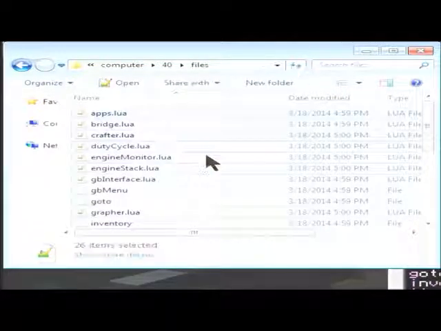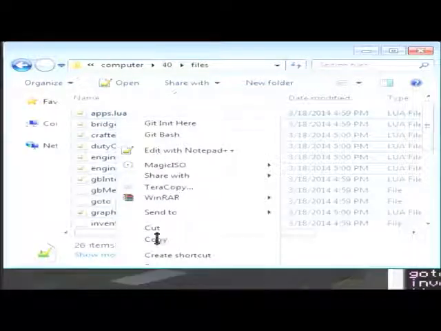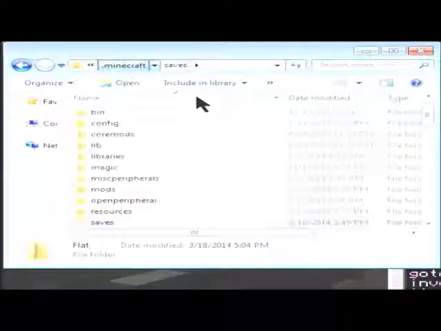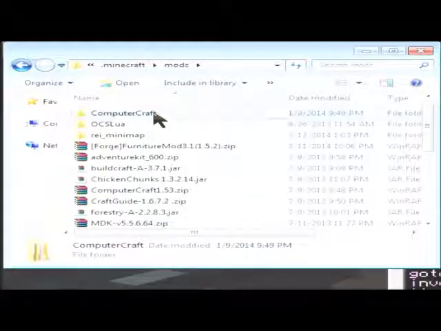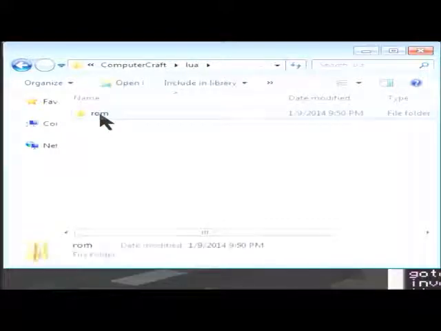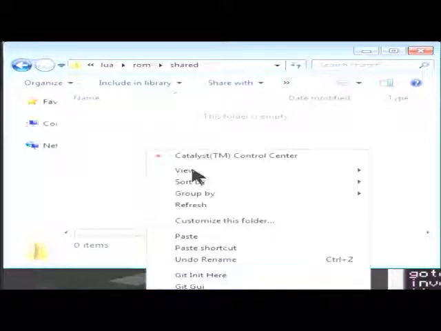So you're going to want to copy all of these, and go back a couple directories to your .minecraft folder, go to mods, go into ComputerCraft. If this isn't there, go ahead and create it. This will also not be there if the first one wasn't, so create that, and finally create this one, and this one. Then if we paste this in here, all these files,